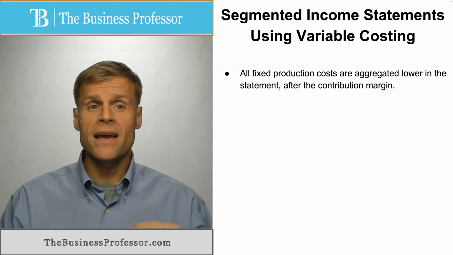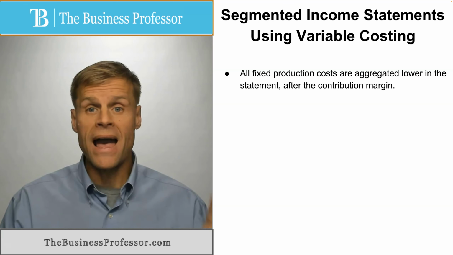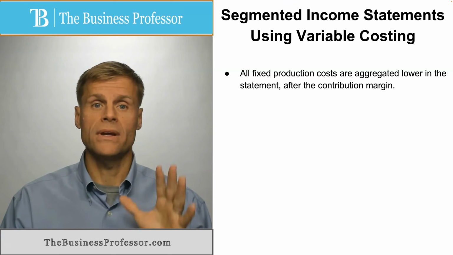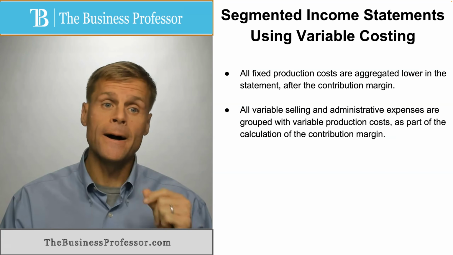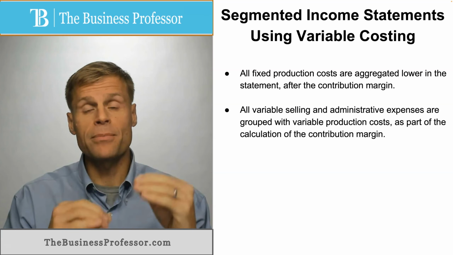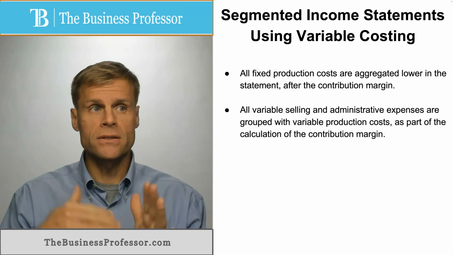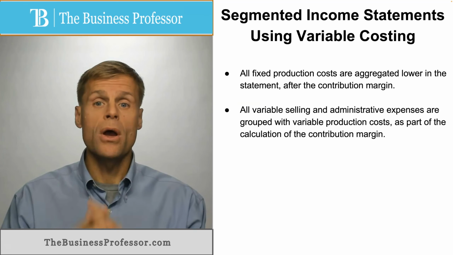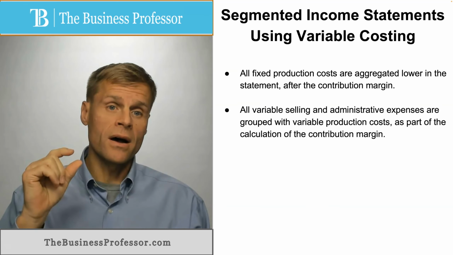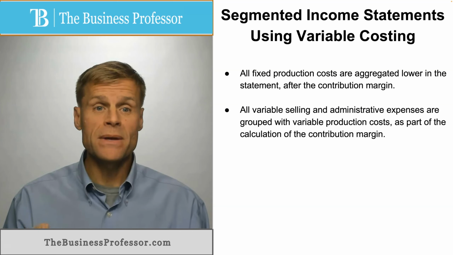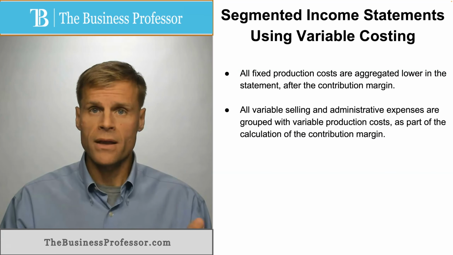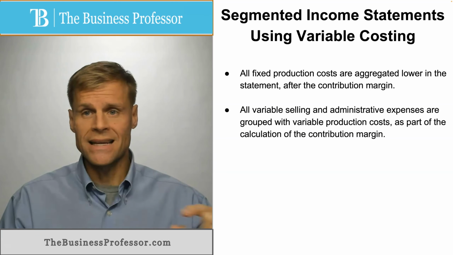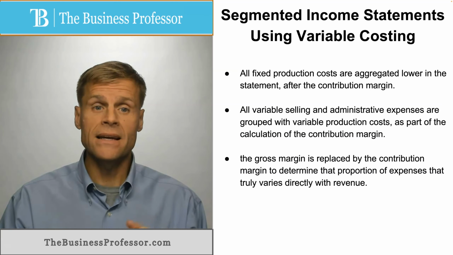Well, in this case, all fixed production costs are aggregated at a lower level in the statement after the contribution margin. So that's a different thing. Having that separated also allows for the calculation of certain variables more easily. All variable selling and administrative expenses are grouped with variable production costs as part of the calculation of contribution margin. So again, the contribution margin is an easier calculation to pull from the segmented income statement,